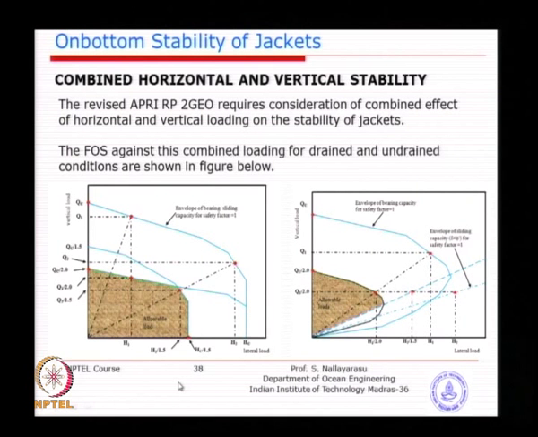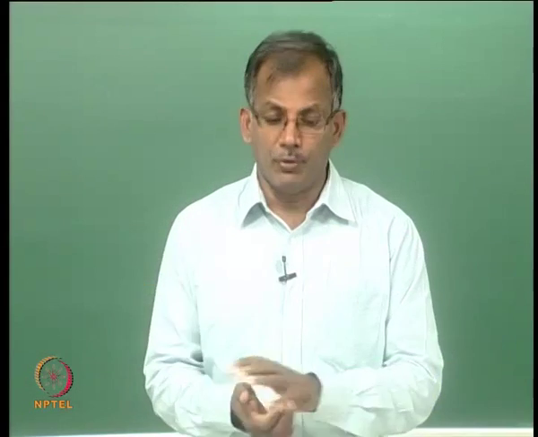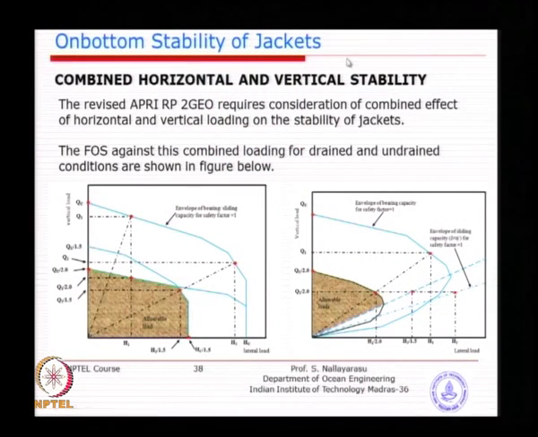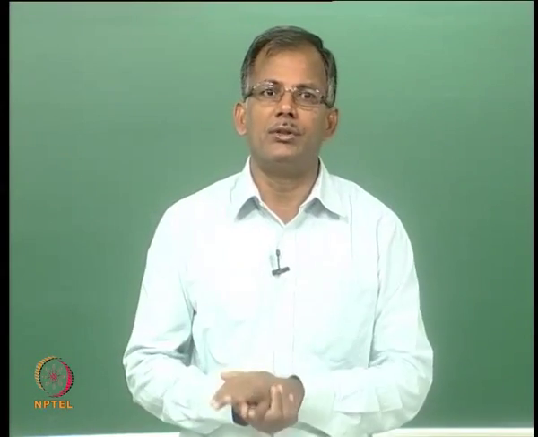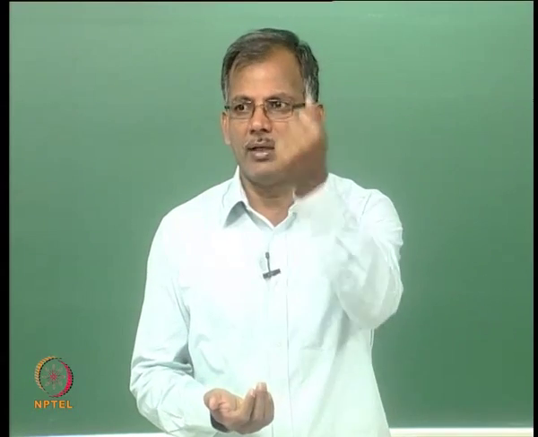I think we have discussed it in much detail. So you should combine the vertical load and the horizontal load. The prorated ratio of course is non-linear, not linear, and this curve depends on the type of soil and the type of condition. So this is for undrained condition, this is for drained condition. You could see that we should follow this particular relationship rather than simply checking the vertical bearing capacity, the ultimate bearing capacity versus the pressure, and deciding a factor of safety.